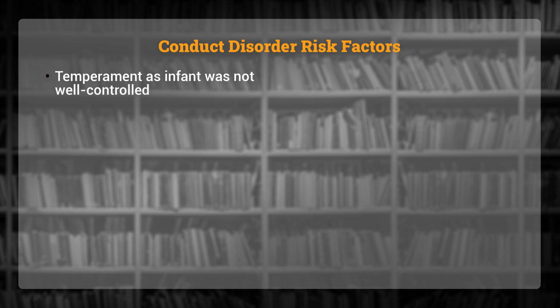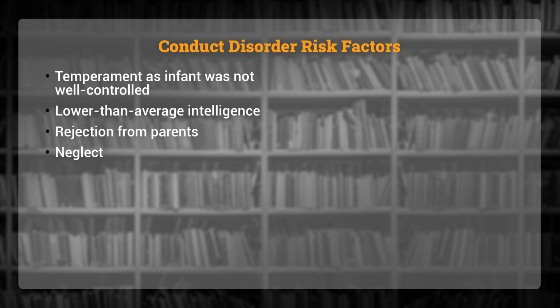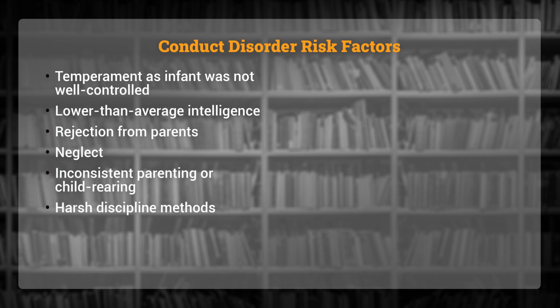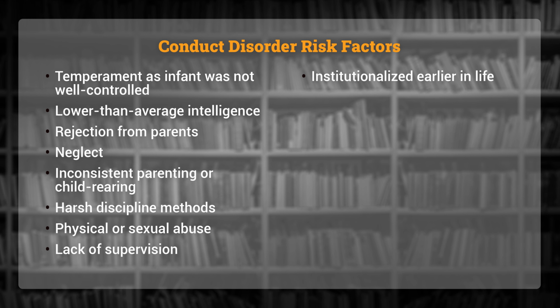According to the Diagnostic and Statistical Manual of Mental Disorders, 5th edition text revision, there are many things that can be risk factors for conduct disorder. This includes that if somebody has a temperament as a child that was not well controlled, this would be the first risk factor. Other risk factors include lower than average intelligence, rejection from parents, neglect, inconsistent parenting or child rearing, experiencing harsh discipline methods, physical or sexual abuse, lack of supervision, being institutionalized earlier in life, coming from a large family,